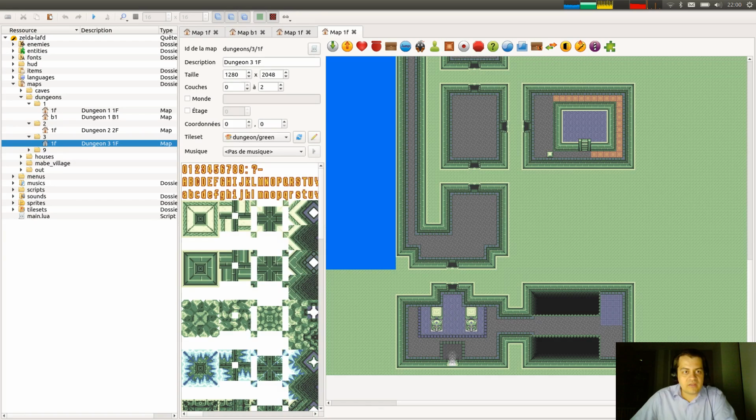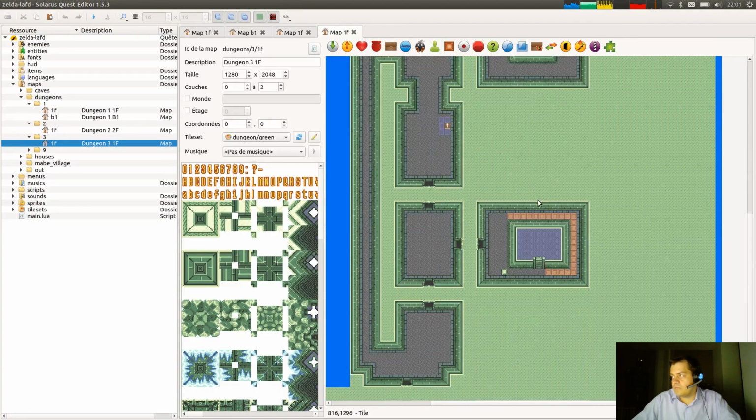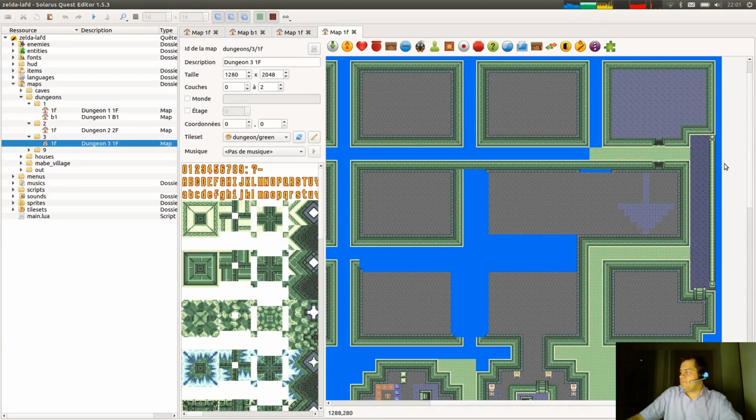Okay, so Dungeon 3. Passage le demi-niveau en 800, 1400. Et en 1200, 600 alors. So this one. And 1200, 600. And this one. Yeah, so